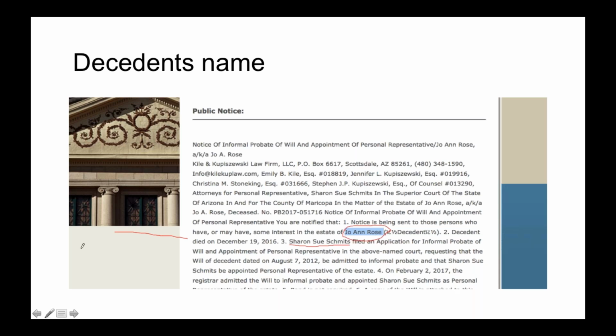Tells us who she is. Now, at this point, we don't have the personal representative's address. So if we can't find it